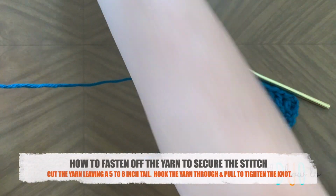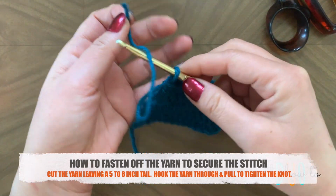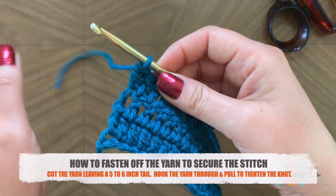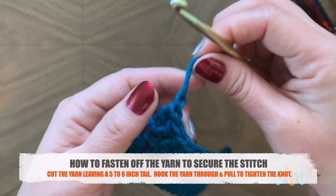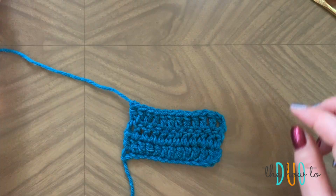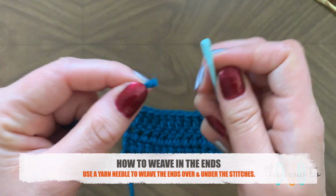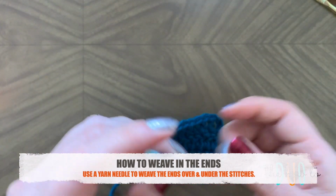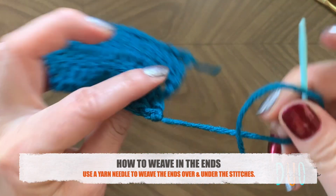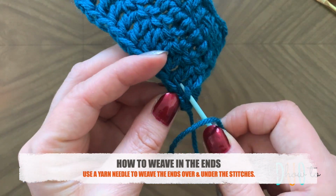So now we're just going to fasten off our work, so grab a pair of scissors and cut the yarn, leaving about 5 to 6 inches excess. Yarn over and pull it all the way through and then tighten that knot. Grab a yarn needle, place the end through the eye, and we're just going to weave the ends all the way through. So you're just going to go under and over the stitches